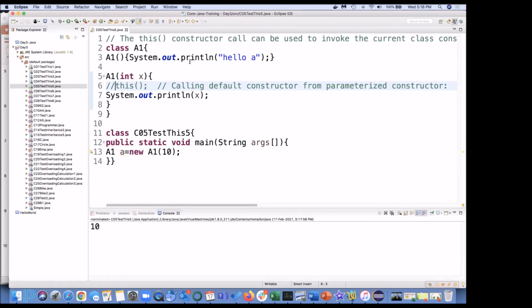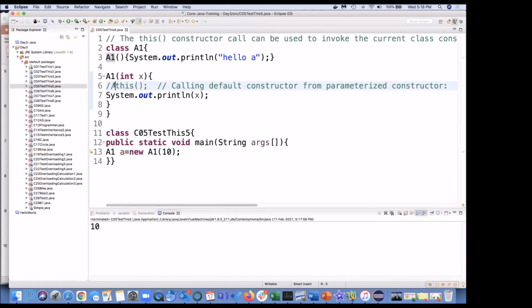Now, why is this not called? Because when I executed this, how does our control go? From here, it is going to go into this particular constructor and execute this statement. Automatically, the compiler has not added this statement. Why has it not added this statement? Because you are not calling any function.